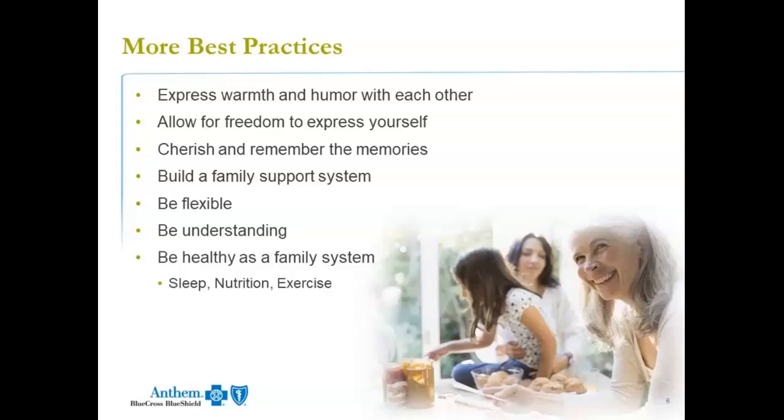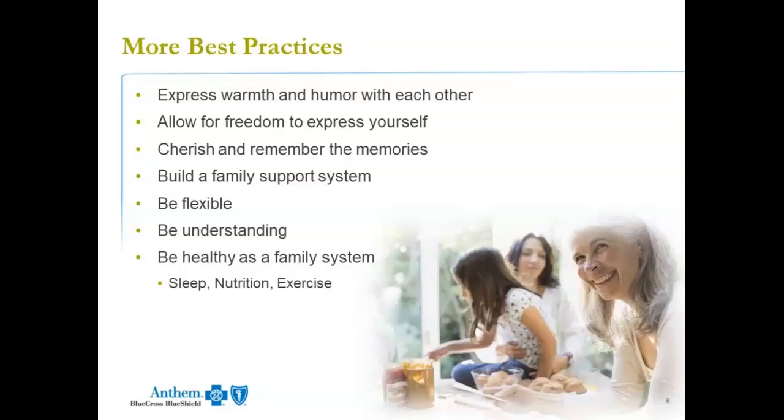They build a support system, okay, understanding that an aunt, an uncle, a sister, or brother might specialize in being understanding and caring. Someone else might specialize in being the go-getter. Someone else might specialize in being the strategist for problems. Someone might be a financial resource. So they build a support system for each other, and everyone knows where they would find what they need when they need it. Healthy families are flexible, they're understanding, and